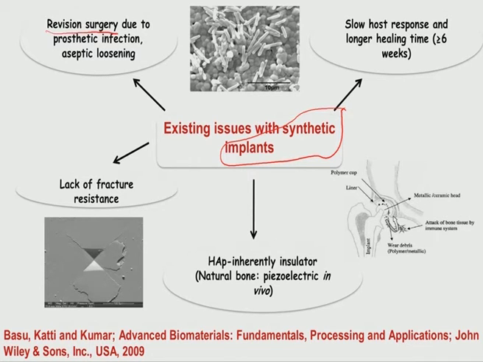that is primarily due to prosthetic infection or aseptic loosening, and revision surgery means a patient has to undergo again one surgery at the same anatomical sites where the patient has already undergone the primary surgery. The second one is that once a patient receives an implant material, typically most of the commercially available implants, they elicit very slow host response, and therefore longer healing time like 6